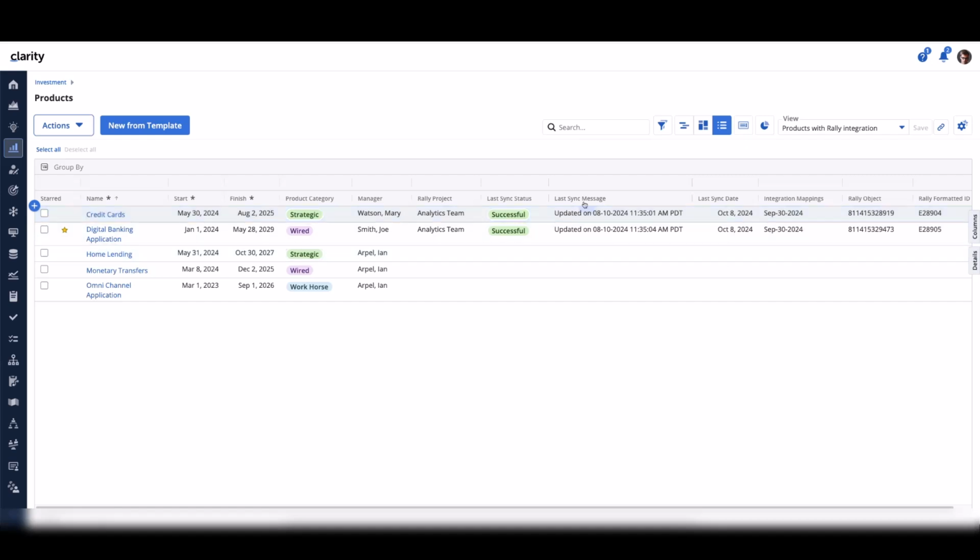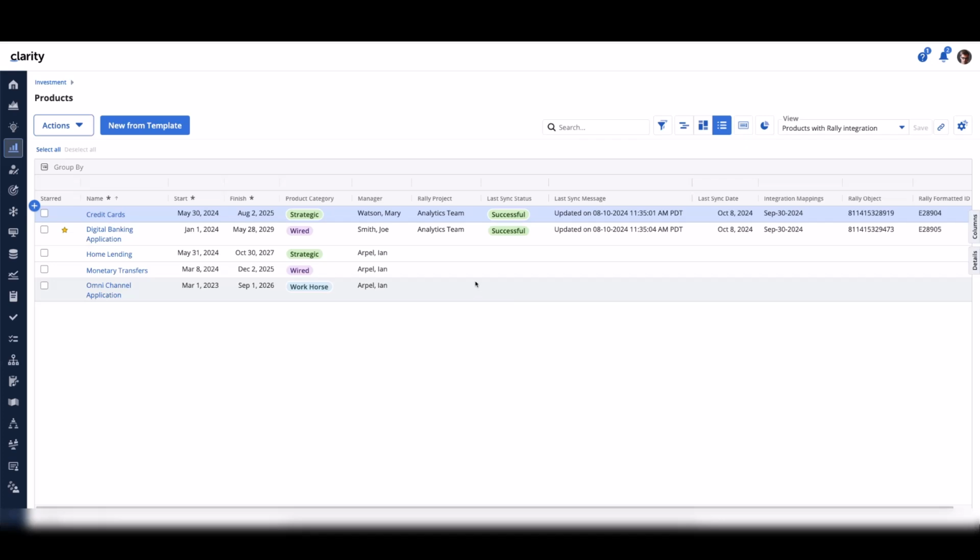As an example, if you're syncing this Clarity Manager field with the Rally Owner field without the proper case, the sync would fail if they didn't match exactly. So we're going to talk about how we've relaxed those rules.